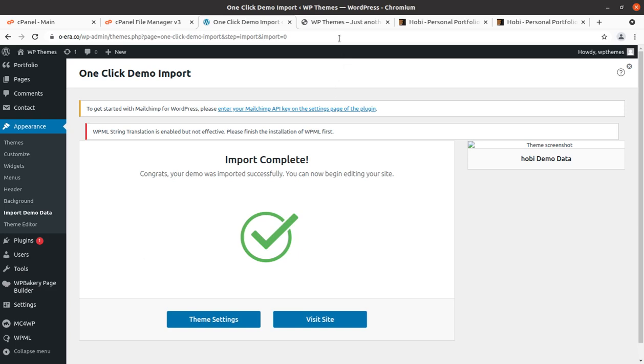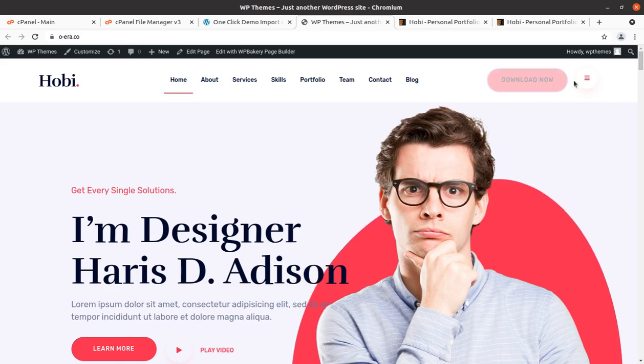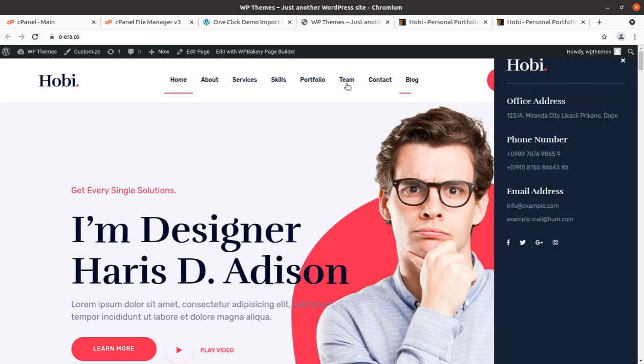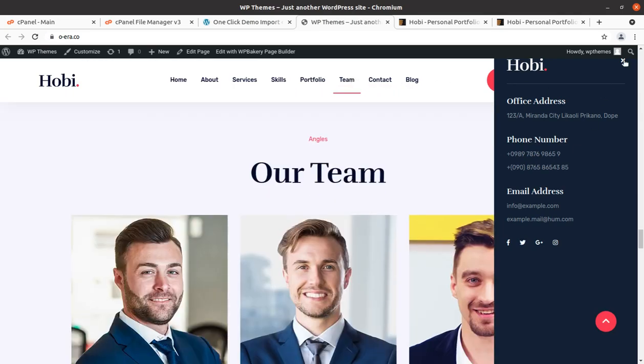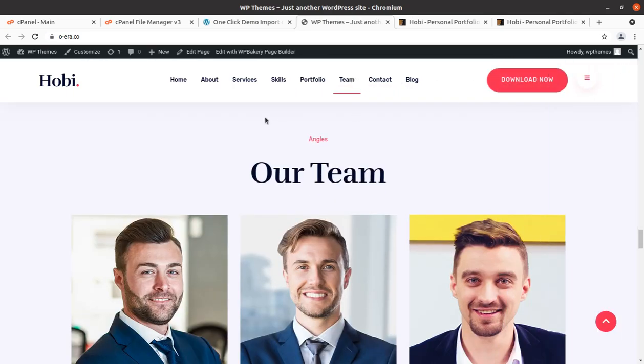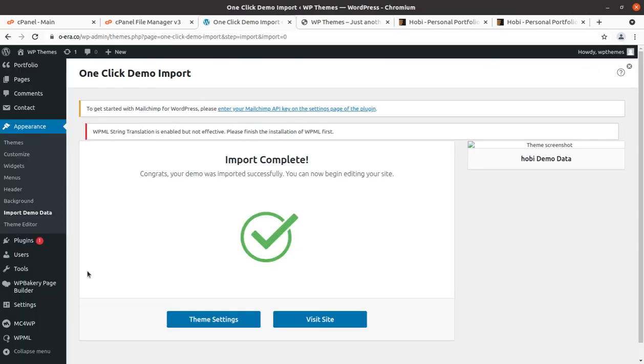Now, since we have completed the installation along with the demo website, and every function is working fine, as we can check, this is a single-page website, and the sidebar menu is also working very well. And now it is time to show you the theme options, what additional things we got in this WordPress installation.